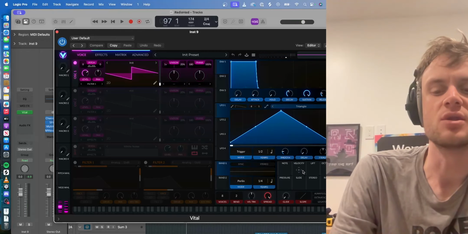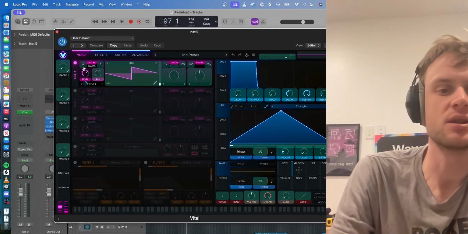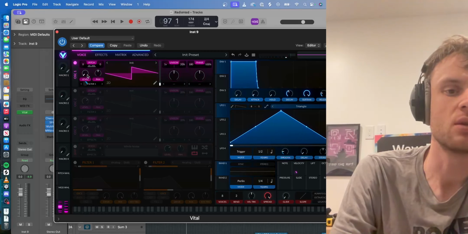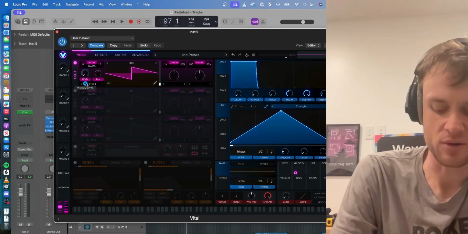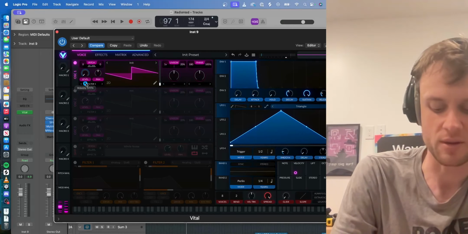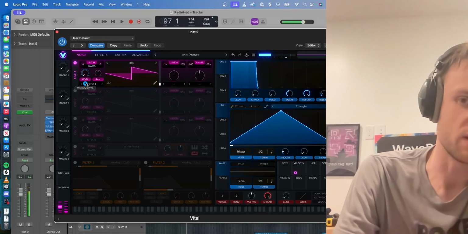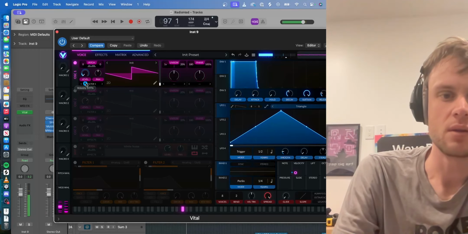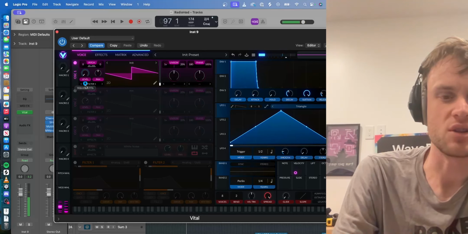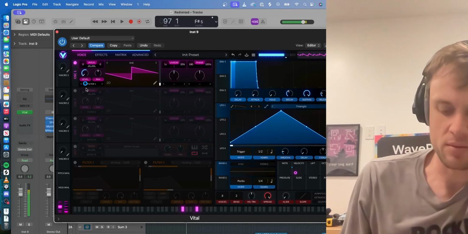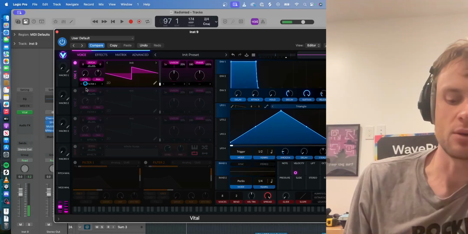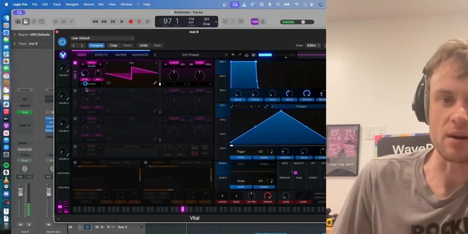And the obvious solution is to grab the velocity here and tell it to control the level, right? So now if I play the note soft, it's very soft. Now if I play the note hard, it's very loud. And you can see the level I played at, changing the note there. The problem is if I want to play two notes at the same time, if I play one note quiet, I play that note loud,